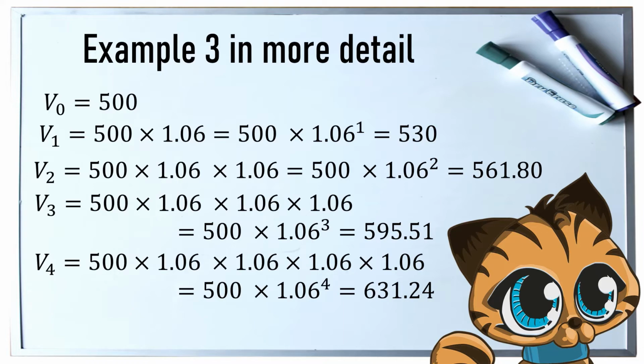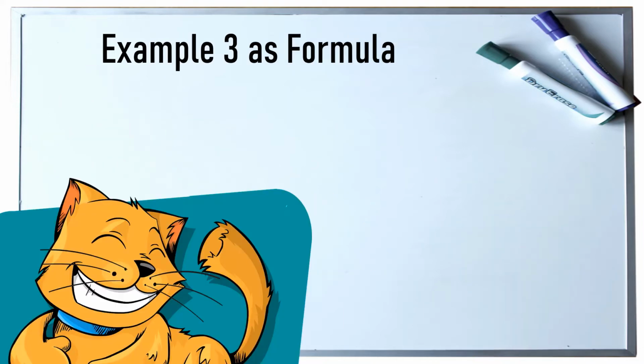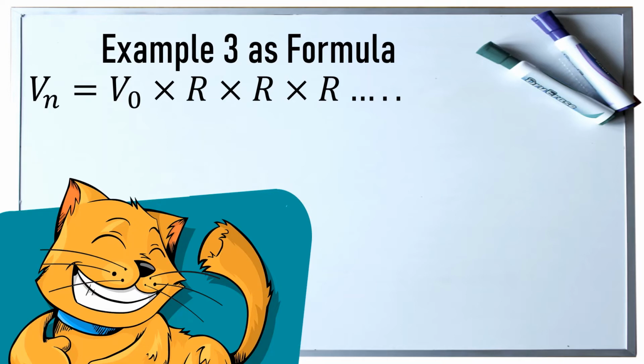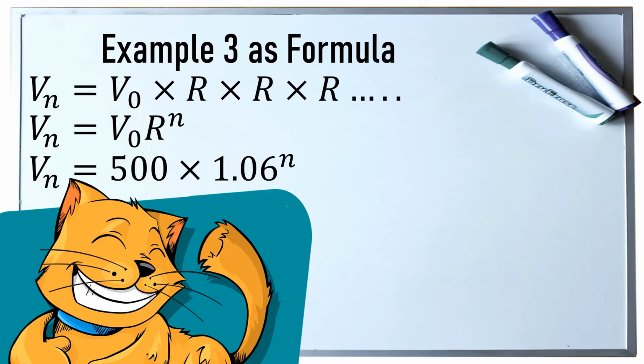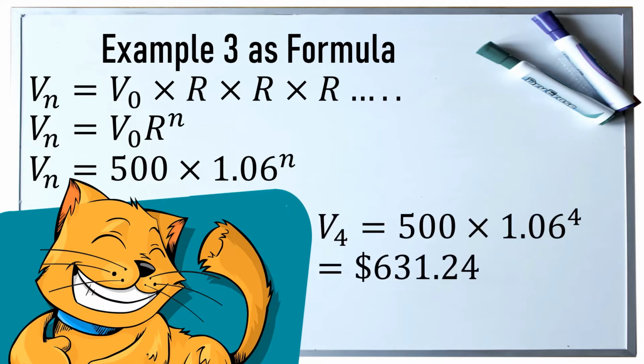V4 is the same as multiplying by 1.06 4 times, or 500 times 1.06 to the power of 4. To find Vn, what we were doing before was we were taking the principal and we kept multiplying by r each time. In other words, we can simplify to this formula that Vn is equal to V0 r to the power of n. So for our particular example, V0 was equal to 500 because that was the principal. R, the common multiple that we were using, was 1.06. So if I wanted to work out V4, it'd be 500 times 1.06 to the power of 4, which gives us